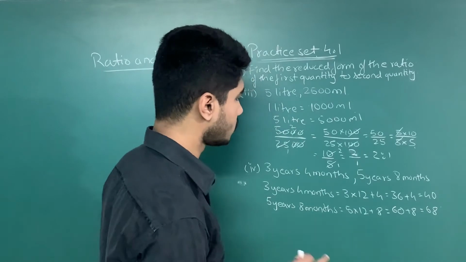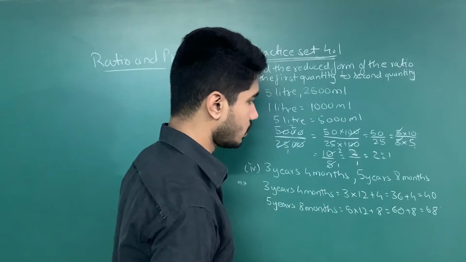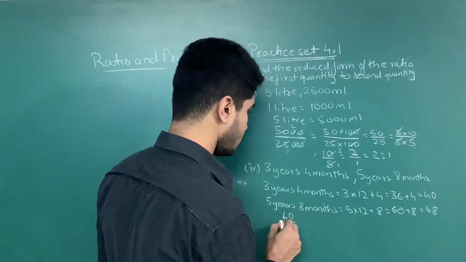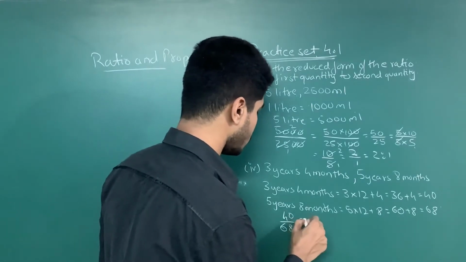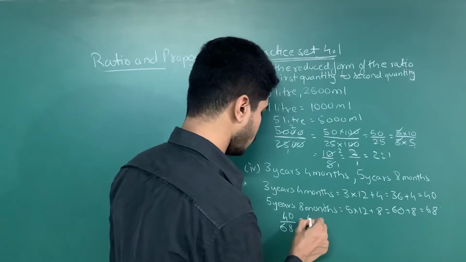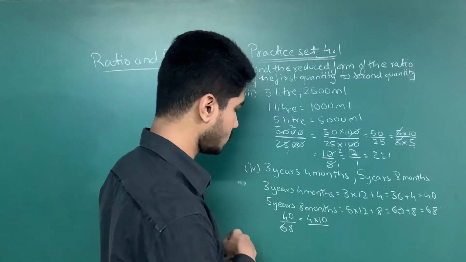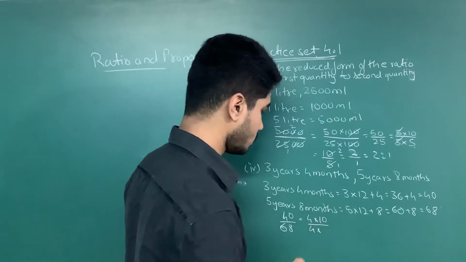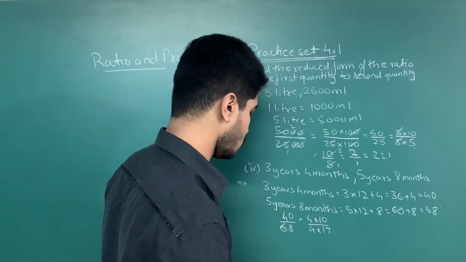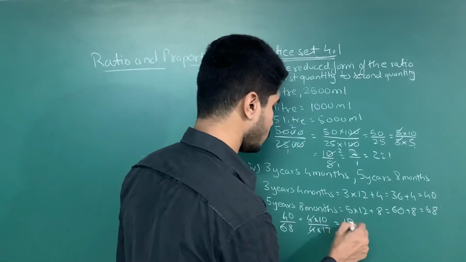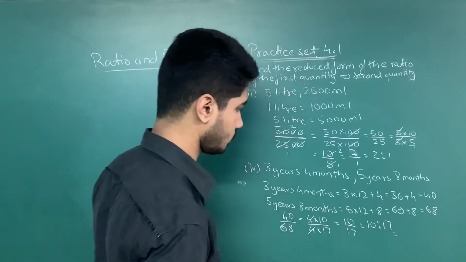So now you can see both the numbers, that is your first number and the second number, are converted into the same quantity. So you can take the ratio, that is 40 upon 68. जब आप इसको reduced form में लिखते हो, so you get 4 tens are 40, and this can be written as 4 17s are 68. So 4 and 4 get cancelled, you have 10 upon 17, which is nothing but 10 is to 17.